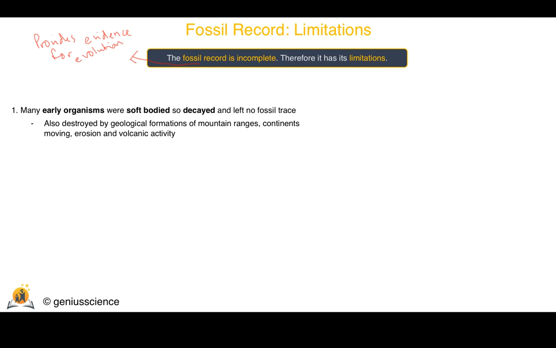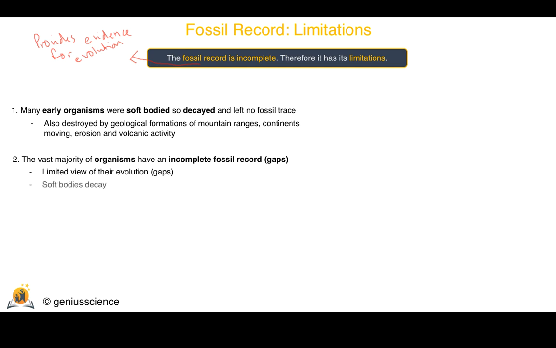Limitation number 2 is that the vast majority of organisms have an incomplete fossil record, which means there are gaps. This means that we have a limited view of their evolution. And again, just to reiterate the point, soft bodies decaying here is a key reason as to why we have this incomplete fossil record. And limitation number 3 is that the fossil record does not include every species that has